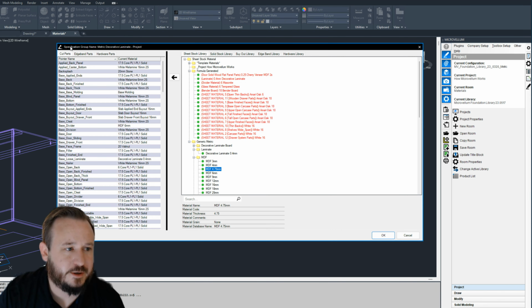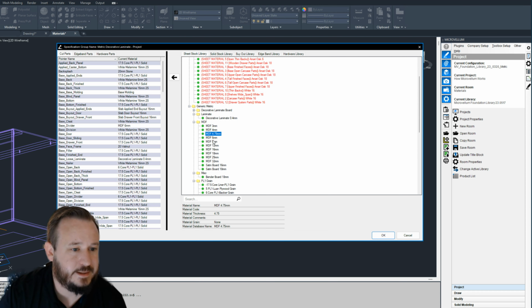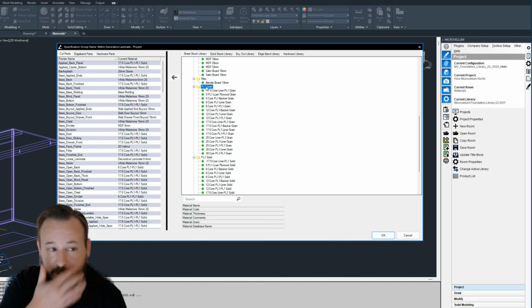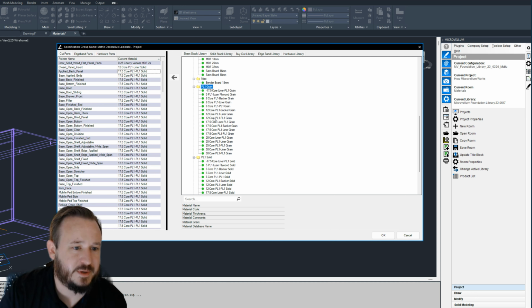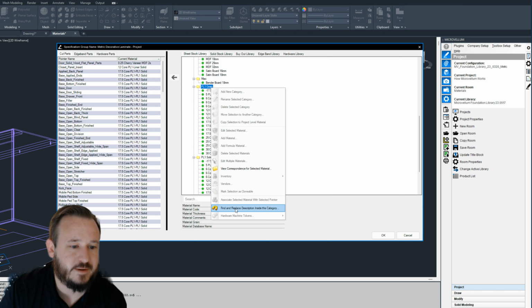So again, up here, you'll see project. This window is black. I'm in my project spec group, and I'm in my project materials for the metric decorative laminate spec group. And if I wanted, for example, to use PL1 spec group, which one I'm in here, and all my stuff's already assigned as PL1, and I wanted this instead to say PL2, for example, or I wanted PL1 to be replaced with the code of the laminate. For these green non-clonable materials, library level materials, I have the ability to right click and find and replace